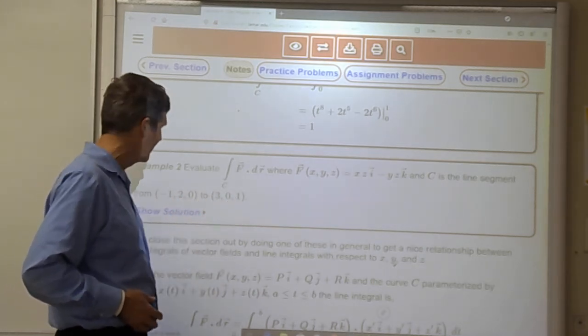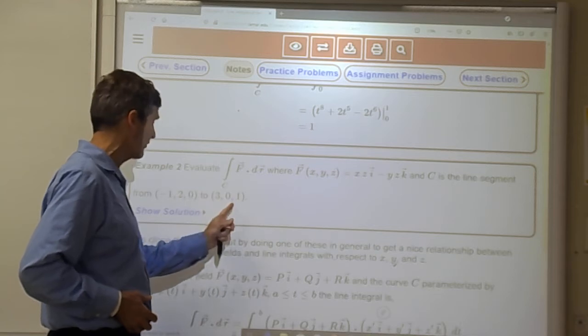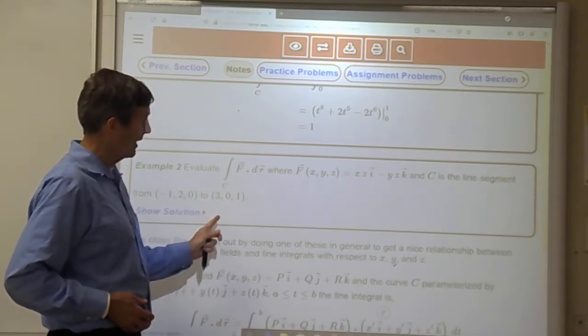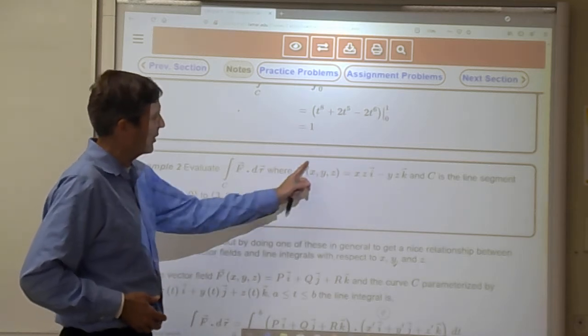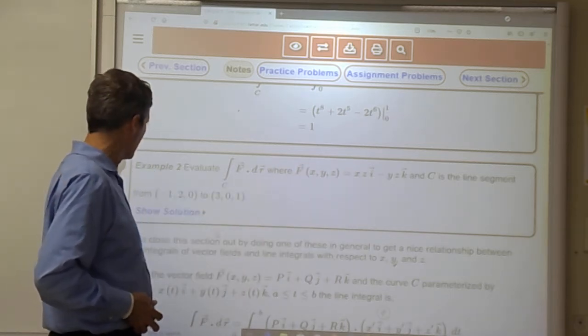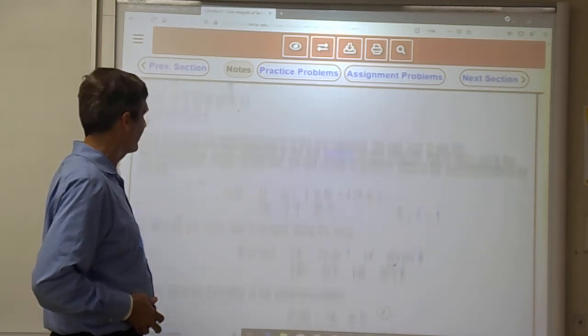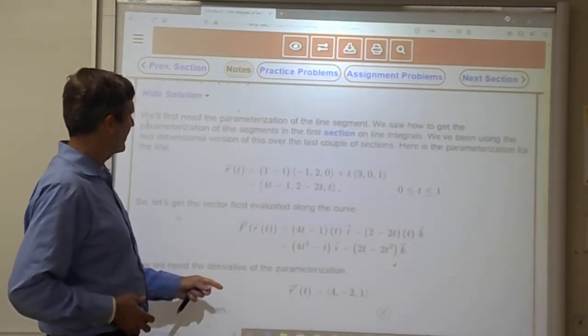How do I do that? Well, you write parametric equations for the line segment, and then you take the derivative of that, r prime, compute F dot r prime, and integrate it, just like in the last example. So here it is. To parameterize the path,